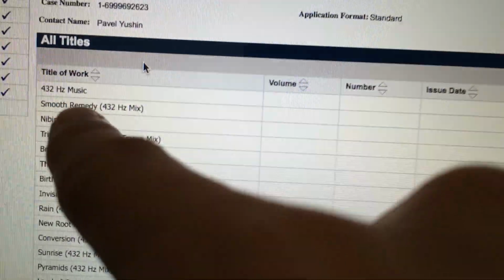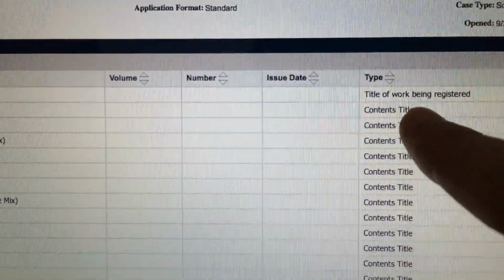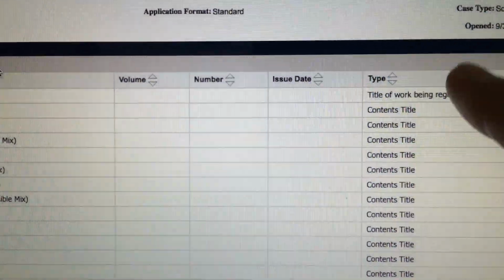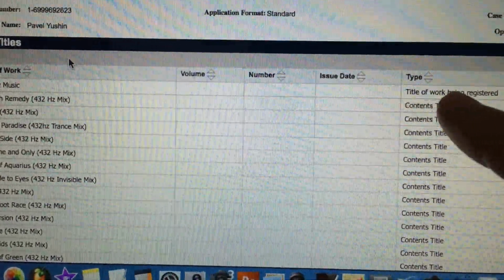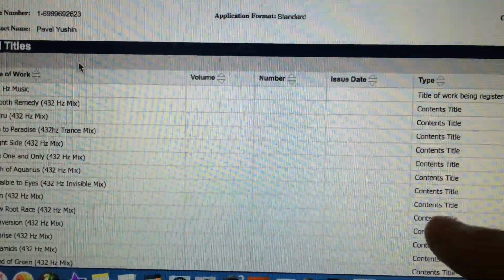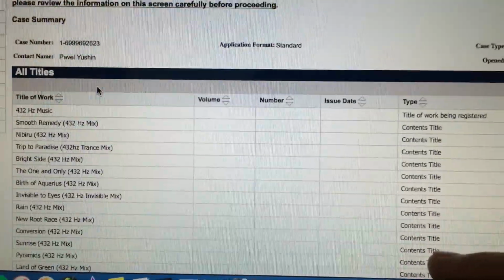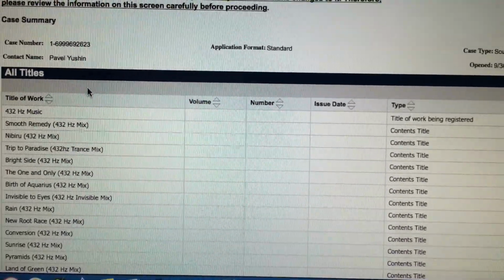And as you can see in the upper left here, we have the name of the album, and that is the title of work being registered. Again, it doesn't have to be an album, it can be a collection of songs. Just make sure it's from the same year if it has not been published. If it's been published, like if you distributed it to iTunes through CD Baby or TuneCore,